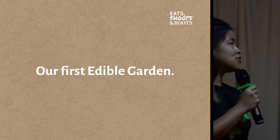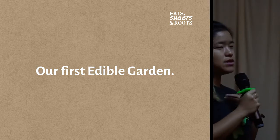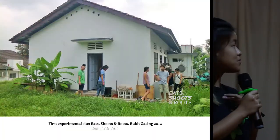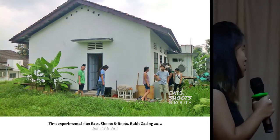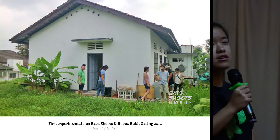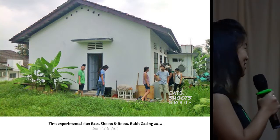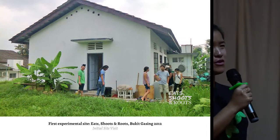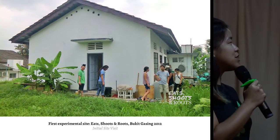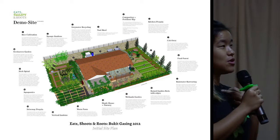So we started our first edible garden because we found a space in PJ, which was this house. It's a single-story bungalow, not lived in for 40 years. Not sure why, don't know whether there were any ghosts living in there, but it was uninhabited, but it was available for rent. So then we started renting this place,